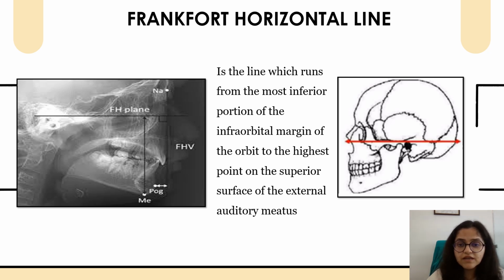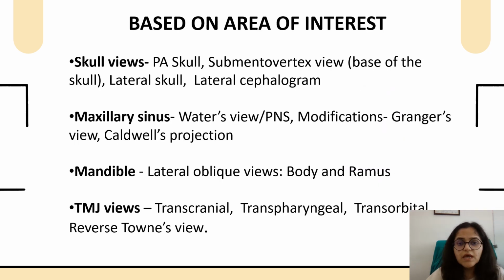Is this the line which runs from the most inferior portion of the infraorbital margin of the orbit to the highest point on the superior surface of the external auditory meatus? Based on the area of interest, if we want to see any defect or pathology associated with the skull, we can indicate various skull views like PA skull and submental vertex view, which is the base of the skull,